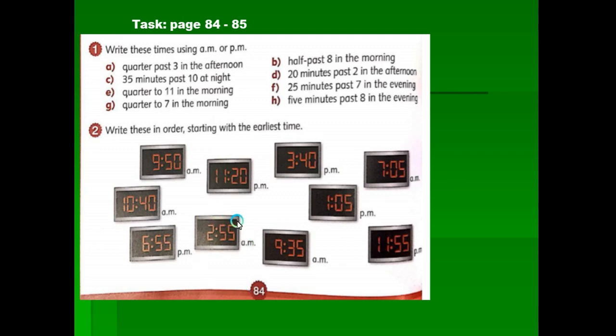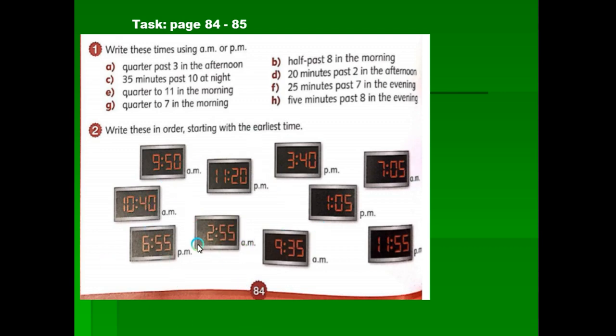Did you see any other? Oh, 2:55. This 2:55 a.m. is still the time when you are sleeping, and it is a.m., before noon. So you're going to start from 2:55, followed by